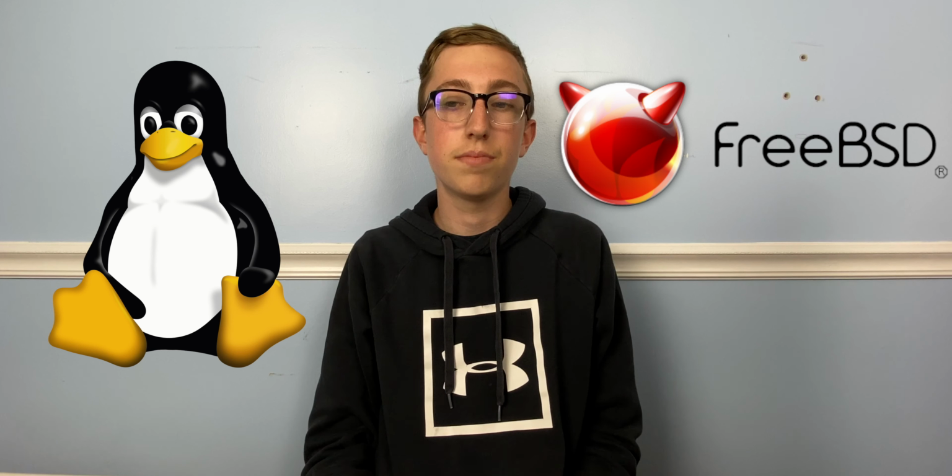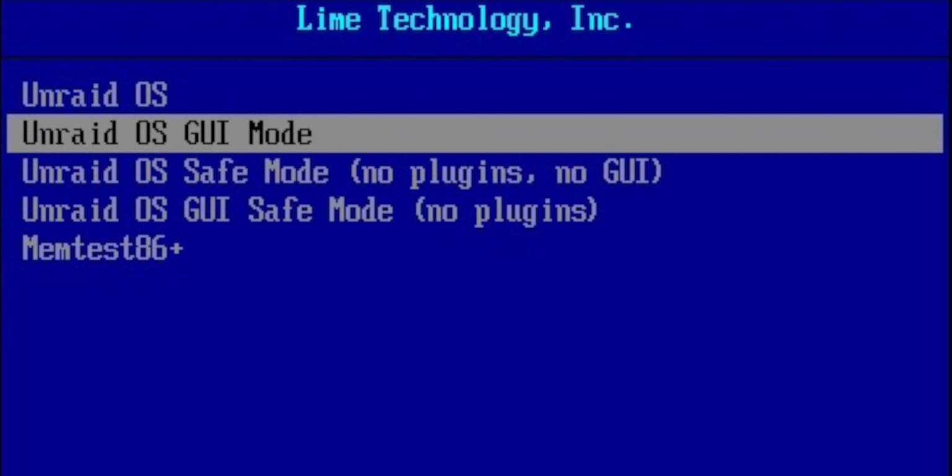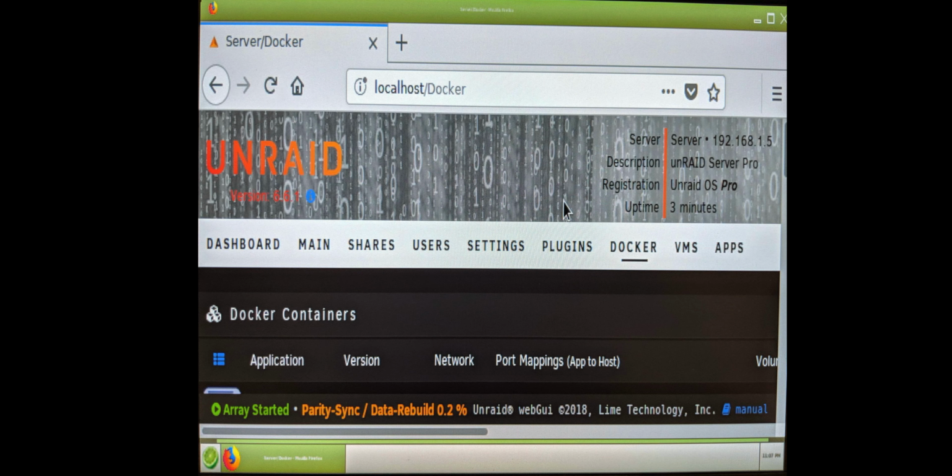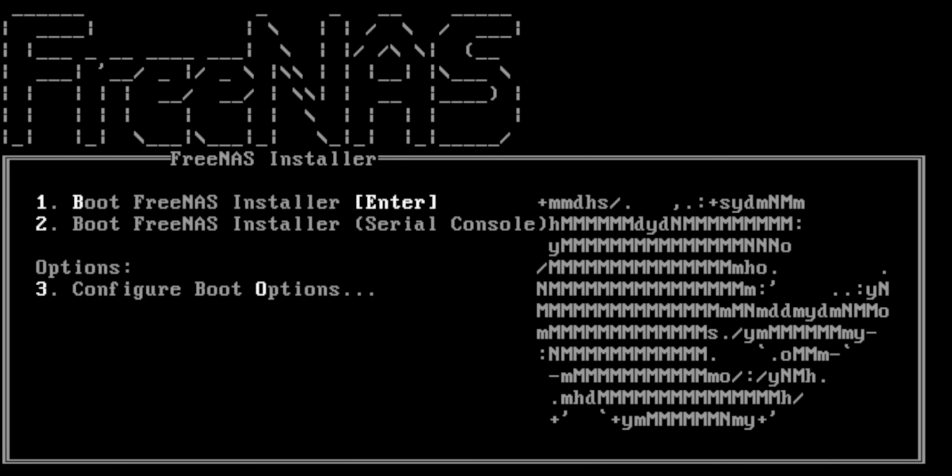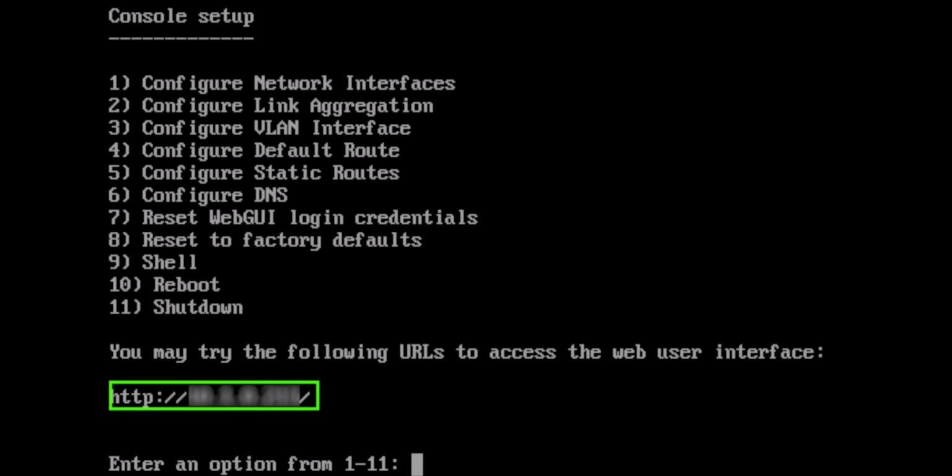Another difference is that UnRAID is Linux-based, whereas FreeNAS is based on FreeBSD. And this means that UnRAID does have a web browser built in. I believe it's Firefox it uses, and some other utilities, an actual UI built into it. Which lets you configure more settings if you didn't want to go on to another computer, whereas FreeNAS is just the bare bones configuration, so you can customize stuff a little bit, but it's more like your typical